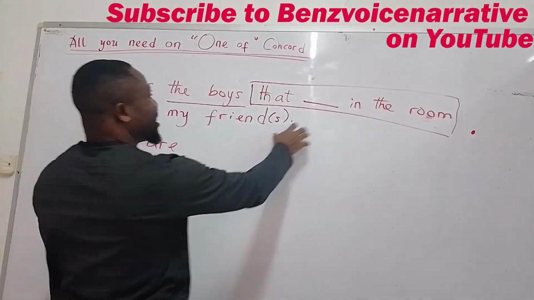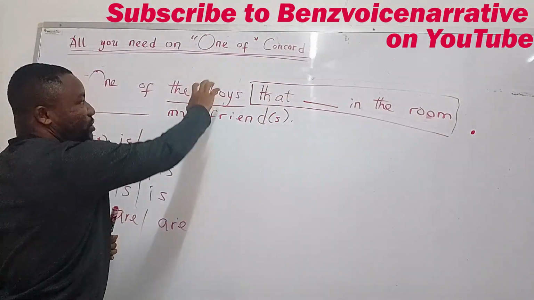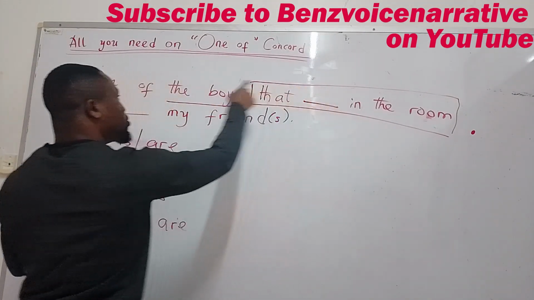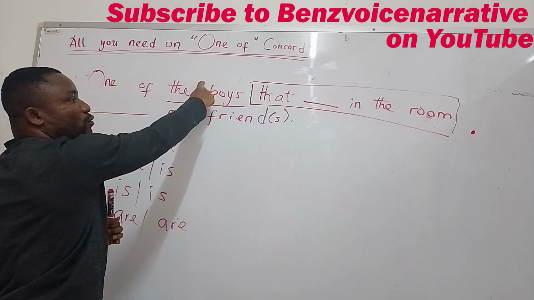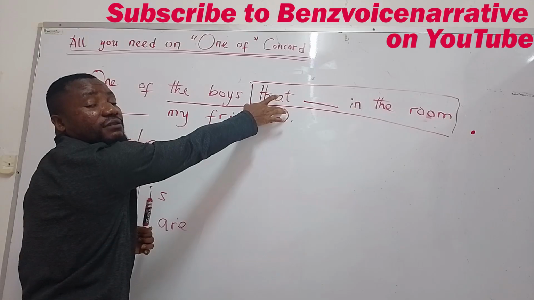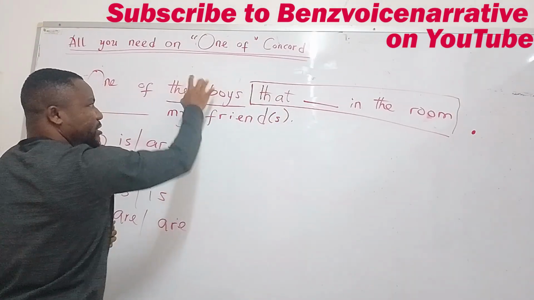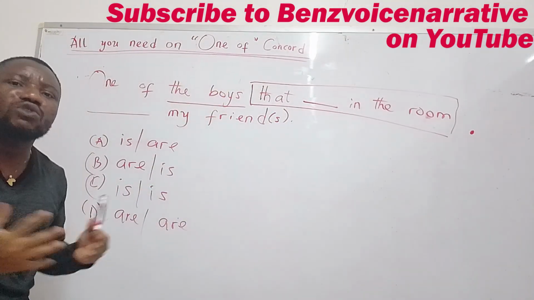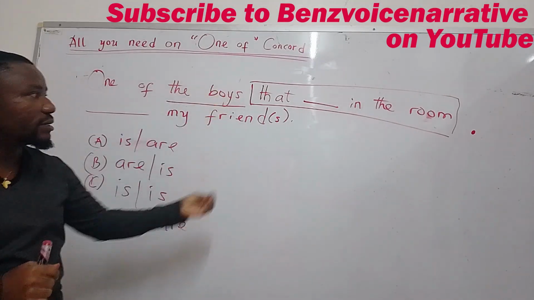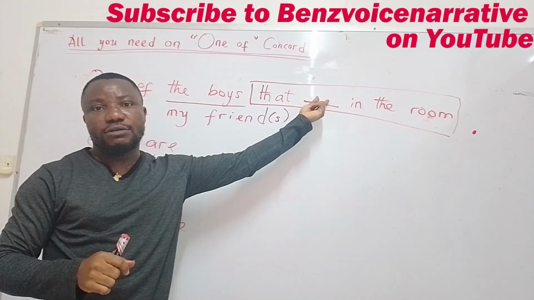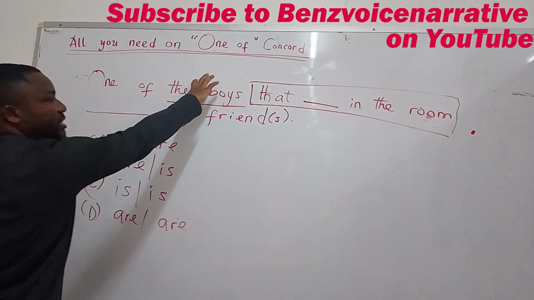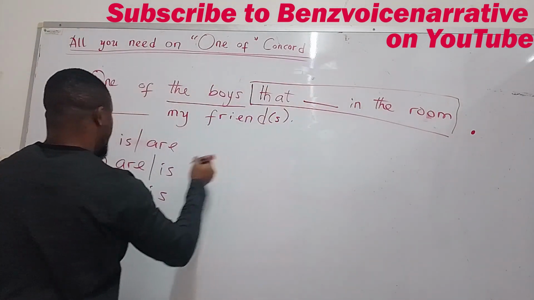Now, remember that I said, when you have this structure, the first verb is controlled by the noun that comes before the verb. The noun preceded by this relative pronoun. Okay. The boys, of course, boys here is plural, not singular, is plural. And so a plural verb attracts a plural noun. A plural noun attracts a plural verb. Okay. So the boys that are,